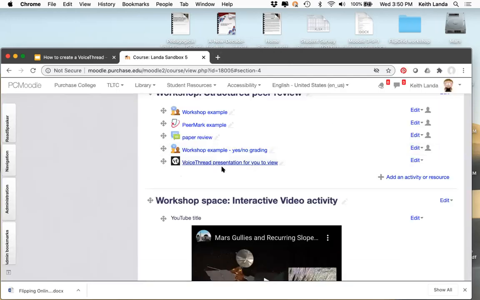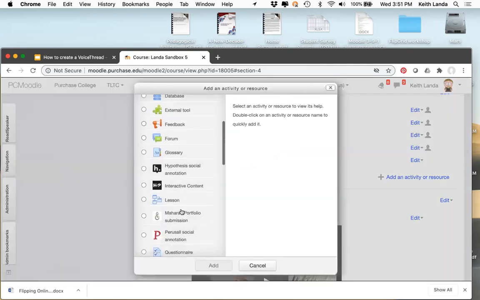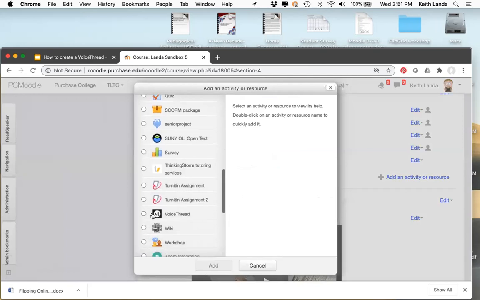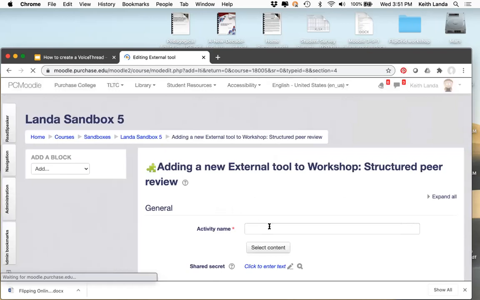So that's the easiest way for you, if you've got a VoiceThread already that you've created at your VoiceThread account, to make sure that your students look at it in week 4. It doesn't require them to do anything, and it doesn't grade them on whether they've done it. So let me just quickly show you another option. I'm going to add one more VoiceThread activity, and then I'm going to be done, and we'll deal with whatever questions you all have. And I'm going to call this required